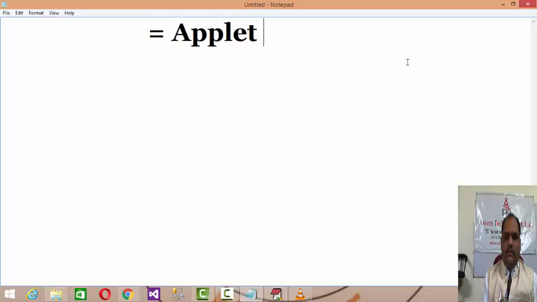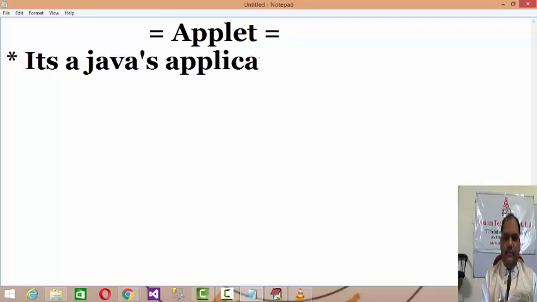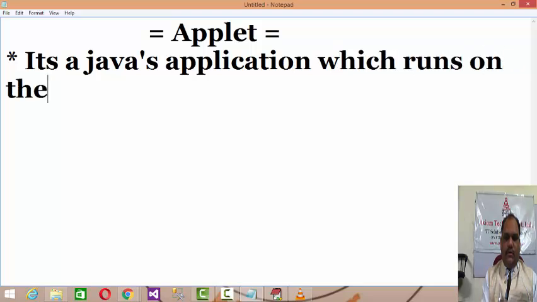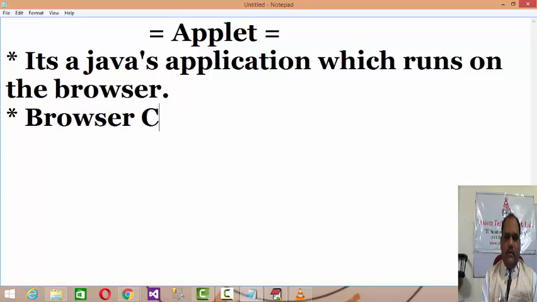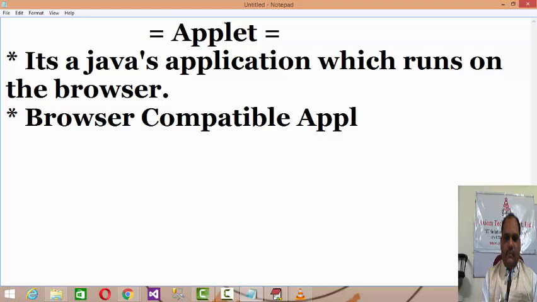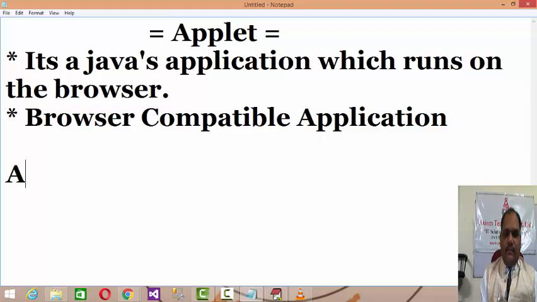Now, define applet, I can define in this way that it's a Java's application which runs on the browser. It means I can say that it's a browser compatible application, right? Applet cannot be considered as an application